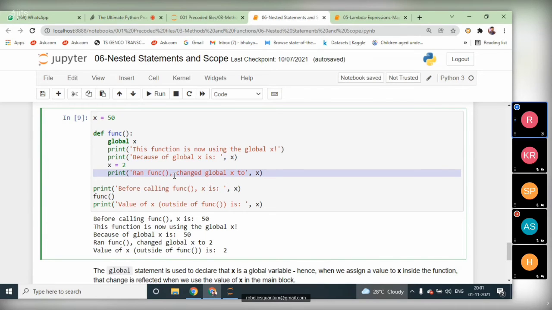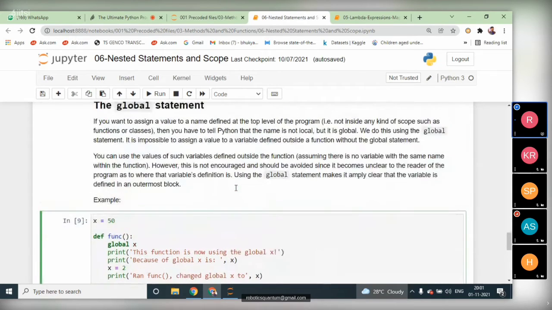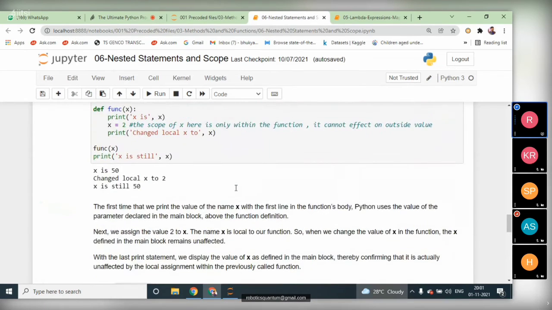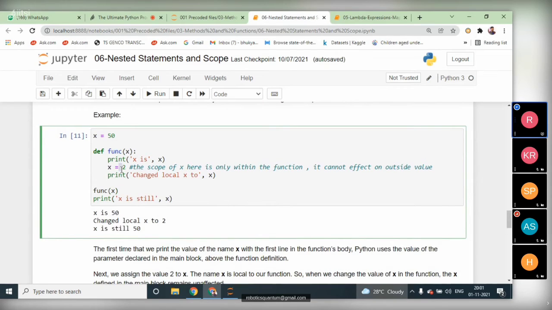And from outside of the function, after calling the function, the value will be the modified value. Try to understand the difference between the previous example and this one. Without using the global variable, even if we try to change x, when you call the function, the value is still not modifiable.